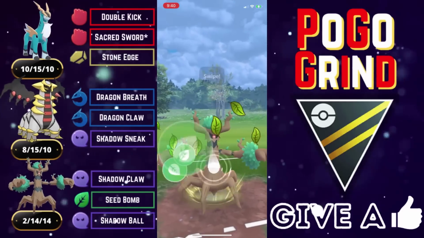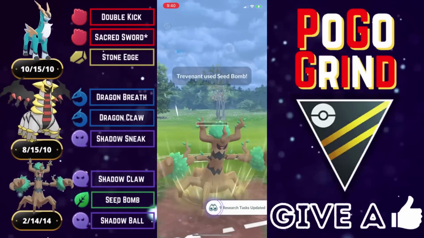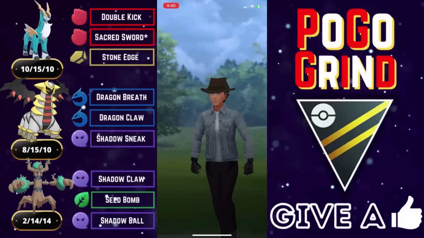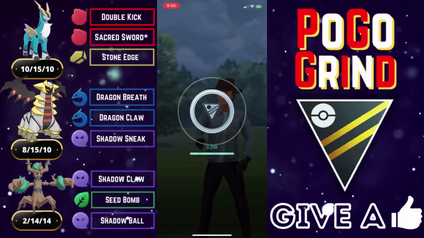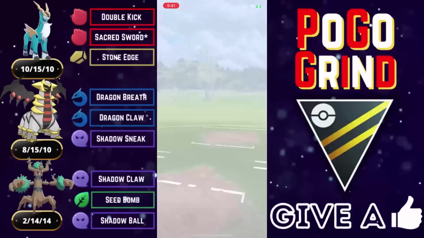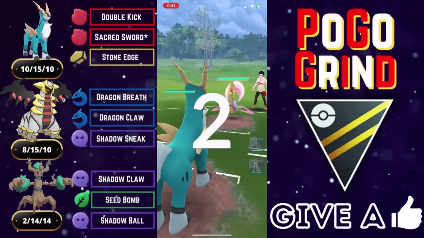Holy smokes, Trevenant, as clutch as it gets. We are saying bye-bye to the Flaming Bird of Terror, and holy smokes, Trevenant. Oh my goodness, so strong in the Ultra League right now. Good game, well played. Man, those were some fun and sweaty bonus battles, but we now move into the featured